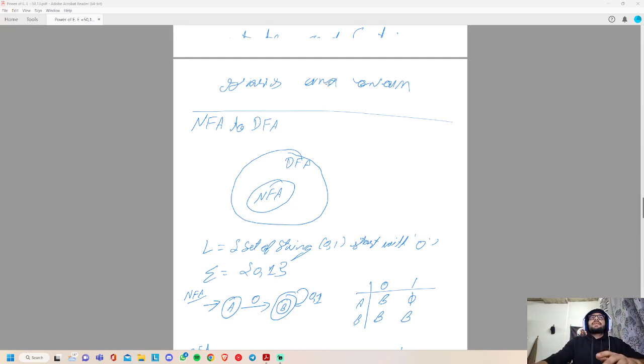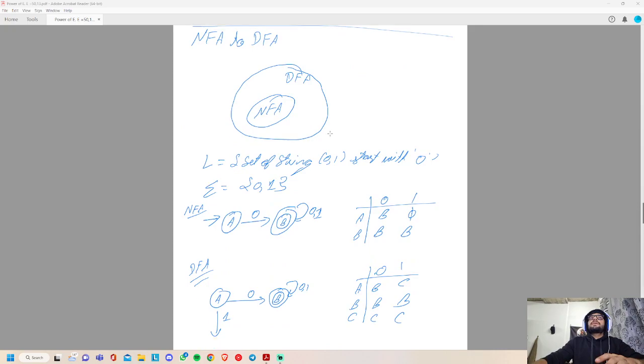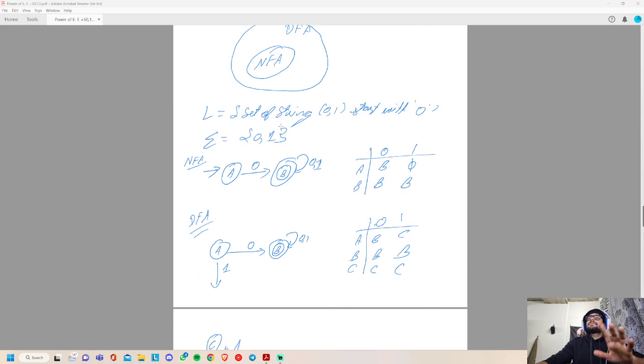Now we'll discuss NFA to DFA. Can we change NFA to DFA? Every NFA can change to DFA, but every DFA cannot change to NFA. Let L be the set of strings over {0,1} that start with 0, sigma being the input. The NFA is this, like we took previously. If it gets 0, it goes to the final state.